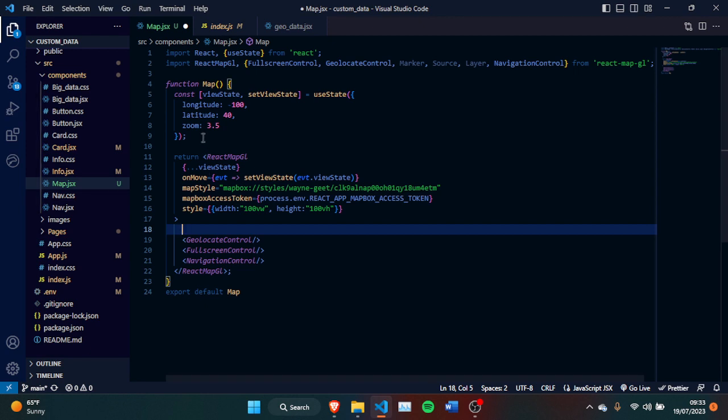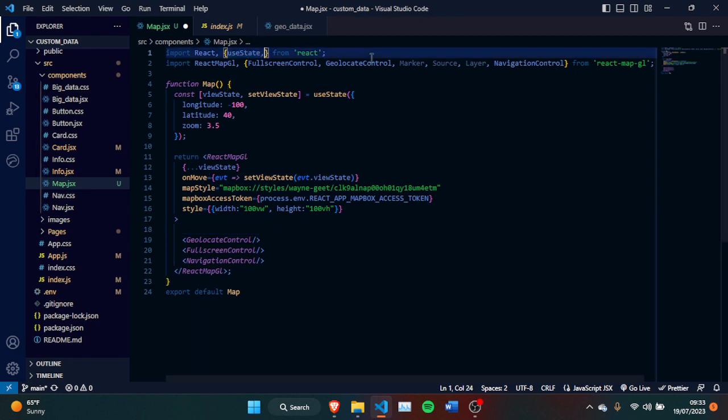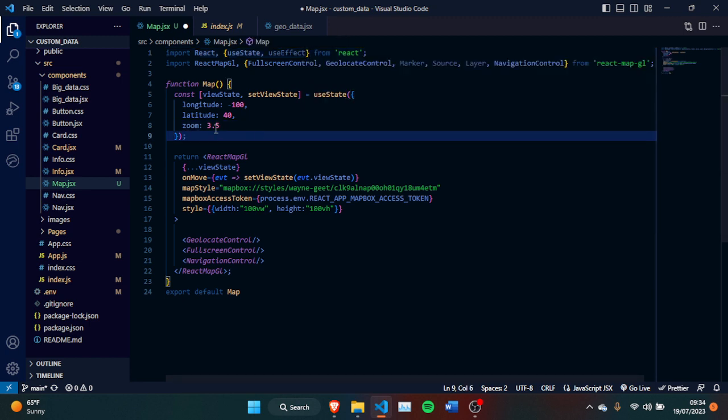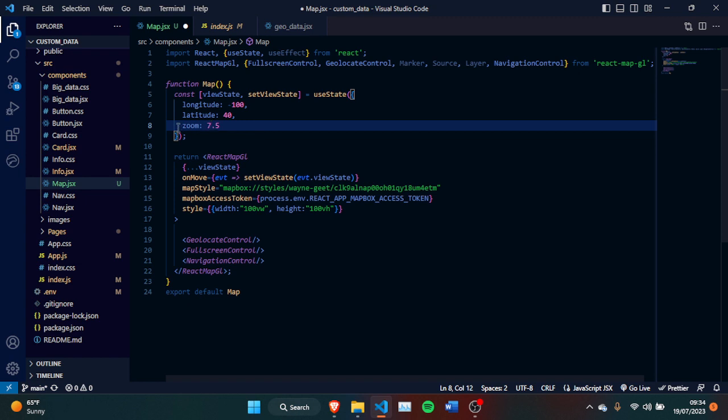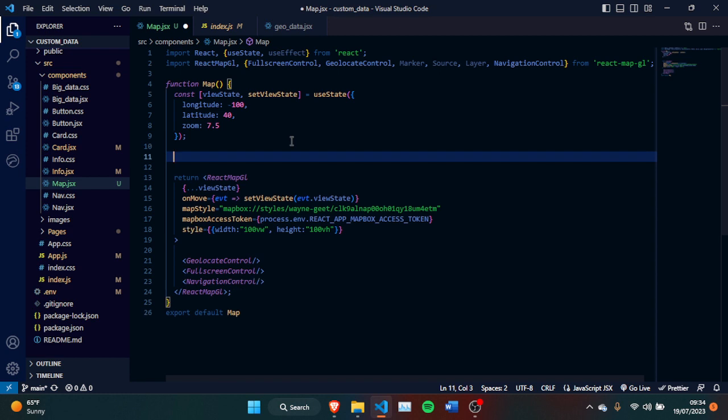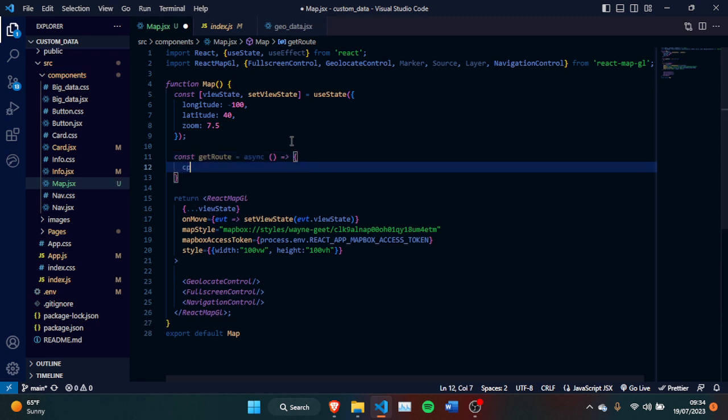And so let's go ahead and implement that. I'm just going to go ahead, and we're also going to be using useState and useEffect, and I think I'm going to bump up the zoom on this, so I'm going to set it to 7.5. And in here we can write a function. So I'm going to call this getRoute, and this is going to be our async function. I'm going to be using the anonymous function, so we can just define and expect a response,